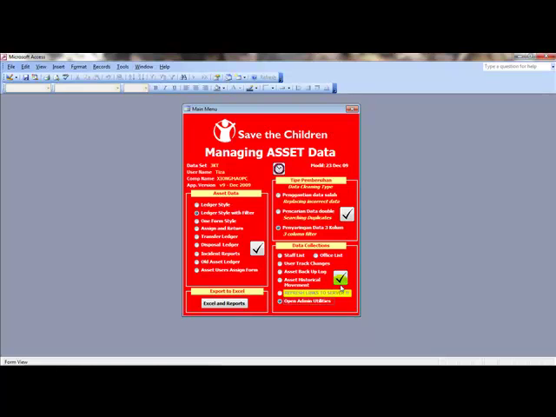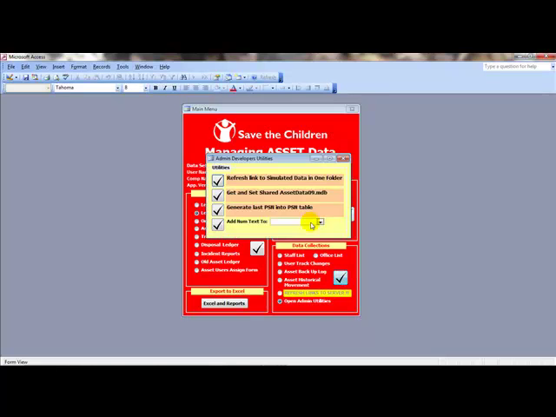This is when you have a back end and front end. You want to refresh the link to the simulated data in one folder, or you can get a shared asset data. You just click on that and choose your locations, or you can generate. This is the PSN number for the inventory code. You can generate that,